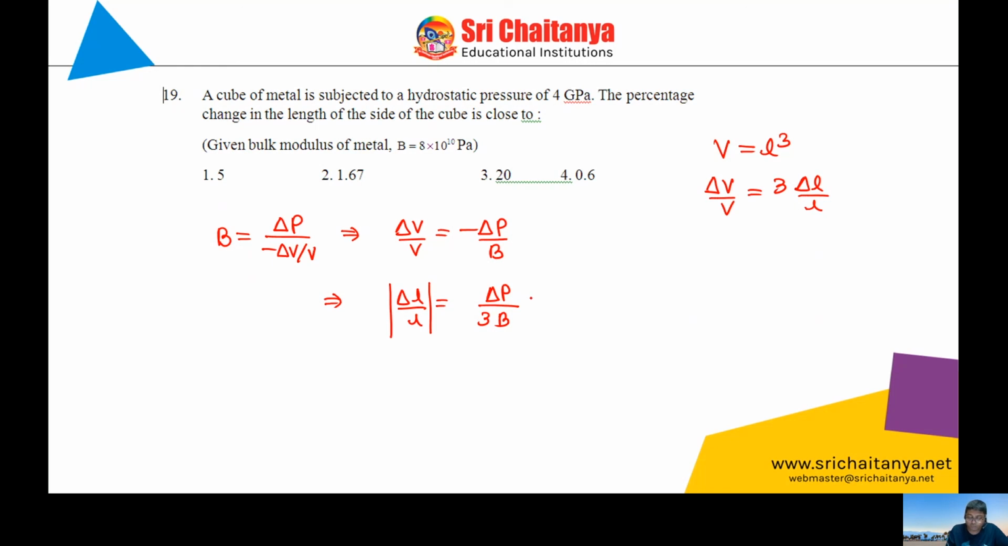When you substitute the values, ΔP has been given to us as 4 into 10 to the power 9, divided by 3 into bulk modulus. Bulk modulus is 8 into 10 to the power 10, and doing our calculation, you will get 0.0167. In percent, you can represent it as 1.67%. So that is for question number 19. Option 2 will be the right choice. Question number 19 is done. Now let's move on to question number